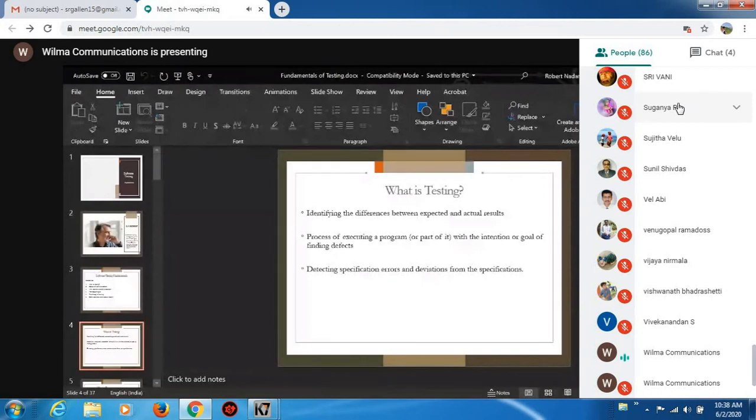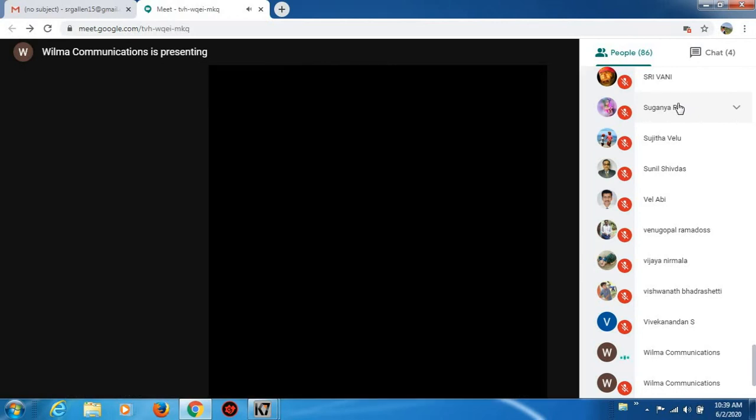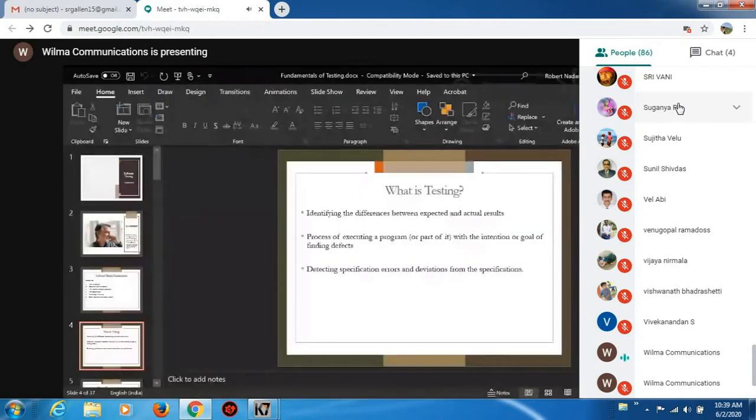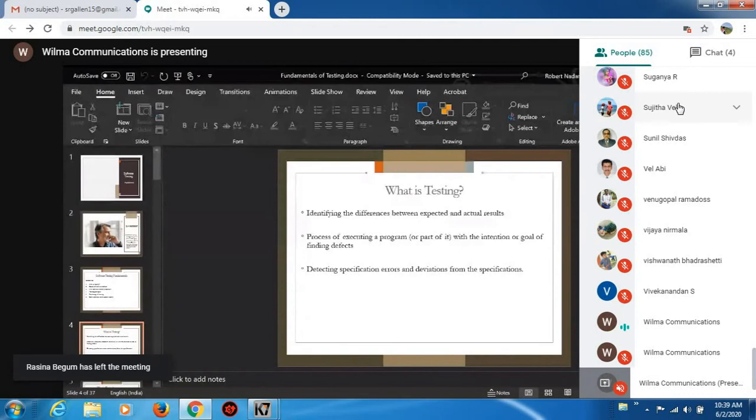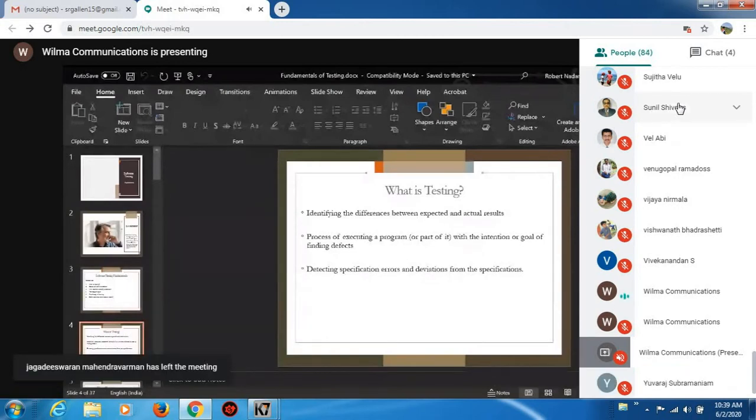If I'm going to find the defects from that application, what I will do is I will try to remove the defects from the product. When we find a lot of defects, we will remove the defects from the application. When the defects are removed from the product, the quality of the product will increase. So the major reason and the main objective for why we are conducting testing is to find out and improve the quality of the developed product.